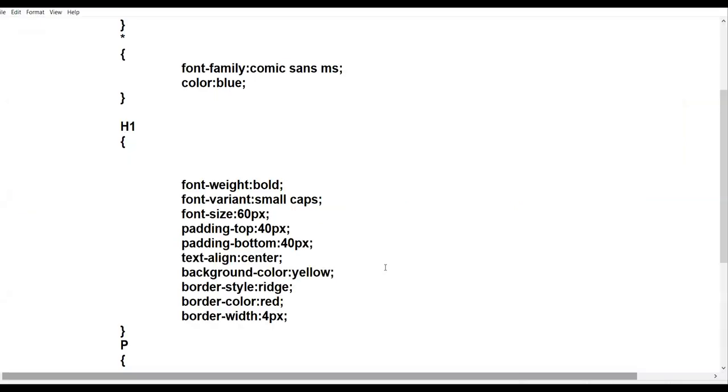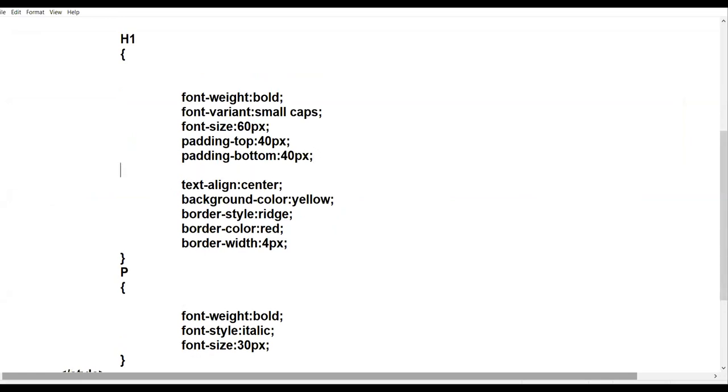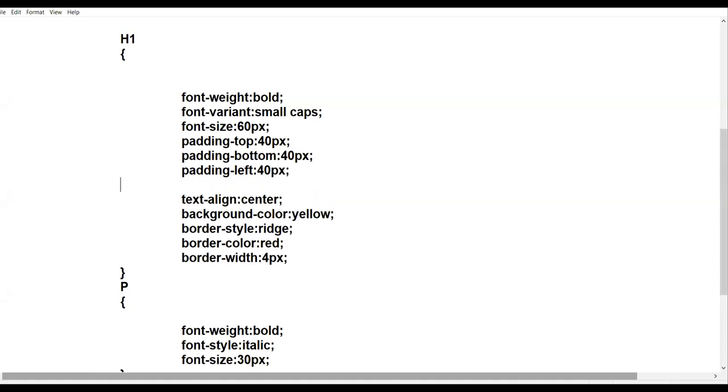Now I set more padding property over here. I give padding left 40 pixels, padding right 40 pixels.